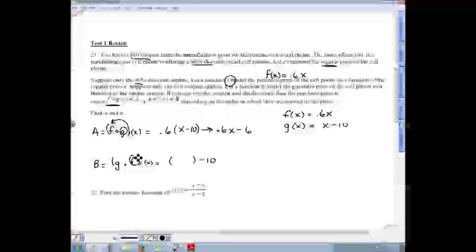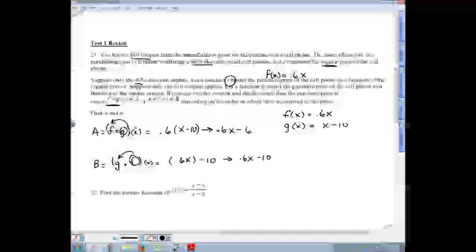And the input now is the f function, so the f function goes in place of g. The f function is 0.6x. So here we have 0.6x minus 10. So the natural follow-up question, which isn't actually part of this question here, but the natural follow-up is which one's the better deal? Should you,